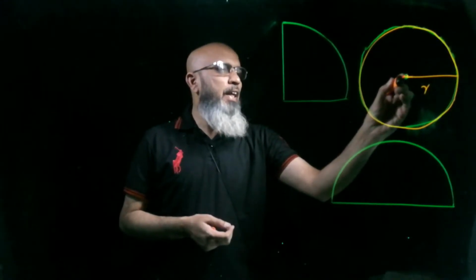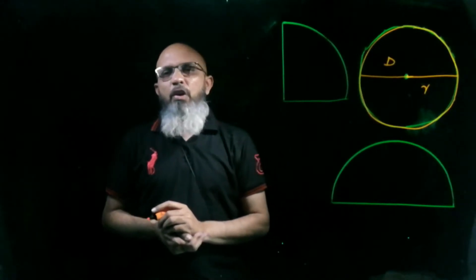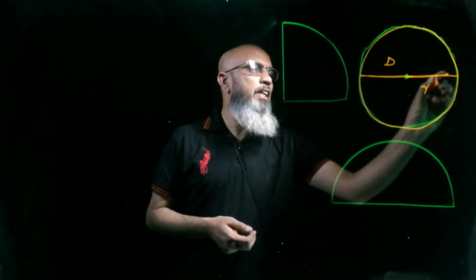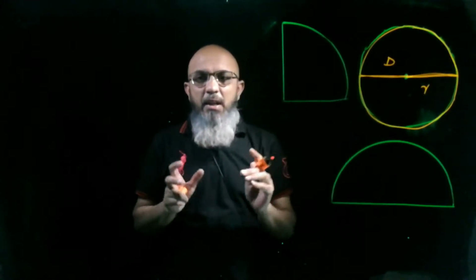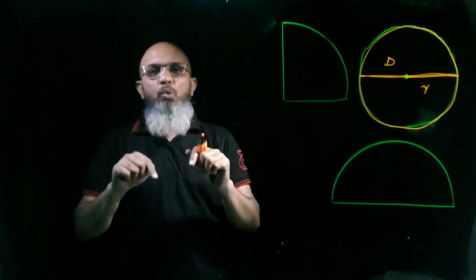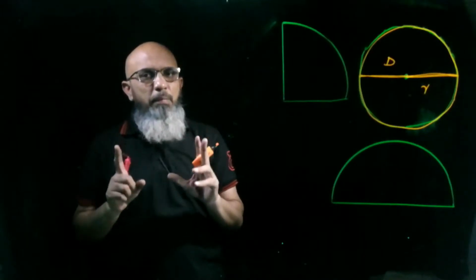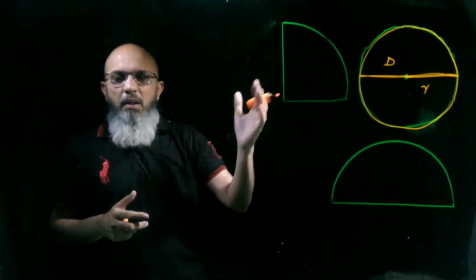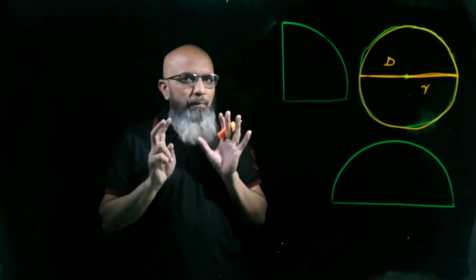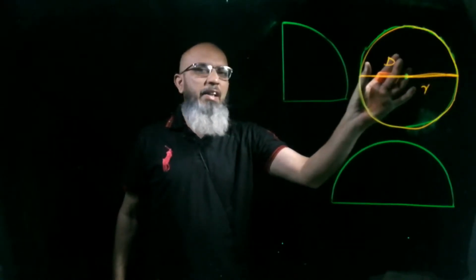Similarly, if we double the radius, then we call it a diameter. A line passing through the center is called a diameter. That is a condition: the diameter must pass through the center, right? If it does not pass through the center, it will not be a diameter. You will study this in the next classes, the higher classes. For now, you only have to remember two things, that is radius and diameter.